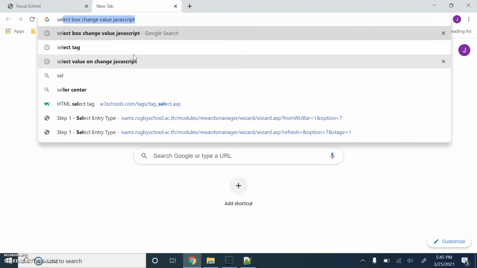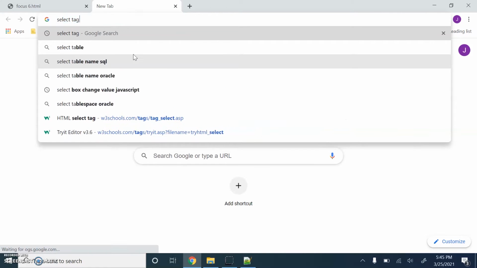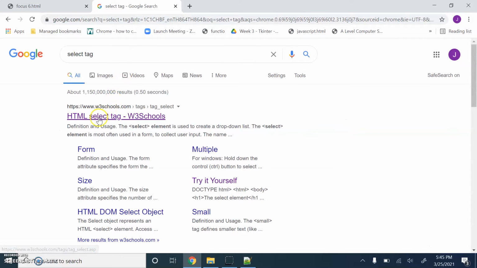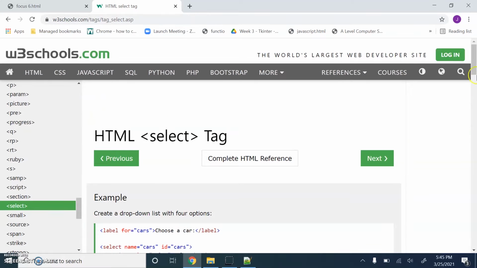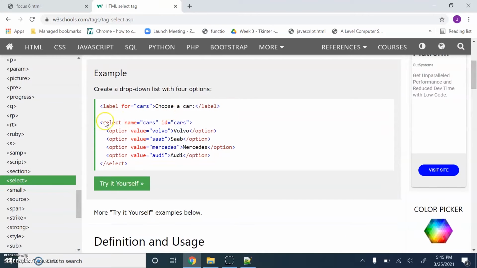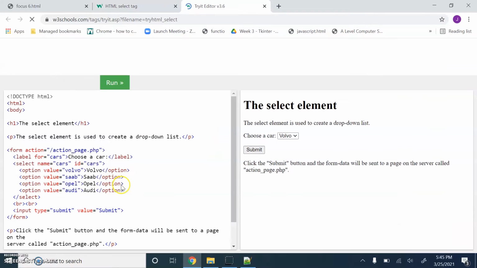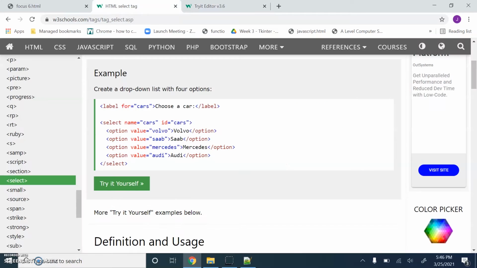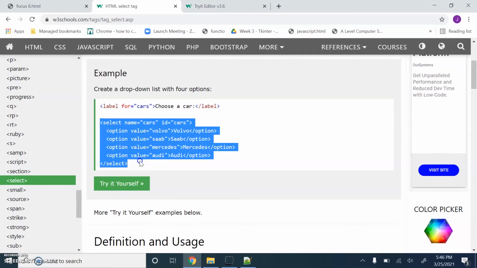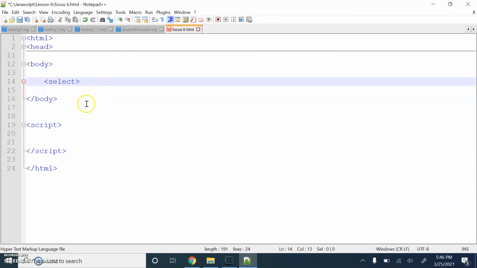Well, let's see if we can find an example of a select tag in W3 Schools. Here we go. Here's an example. Let's try it out. So this thing here, I would call it a drop-down list. This is a select tag in action. Okay? So what I'm going to do, I'm going to copy these HTML tags and I'm going to paste them into my project,